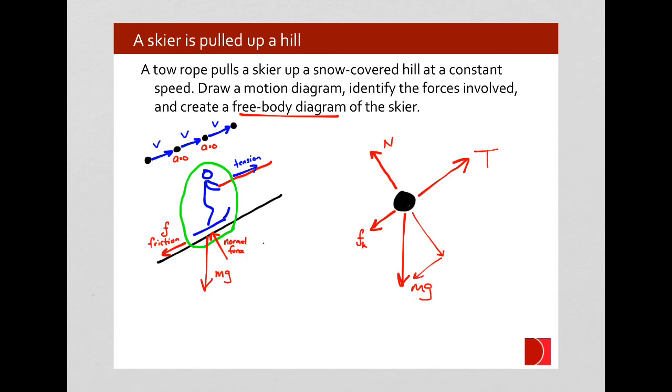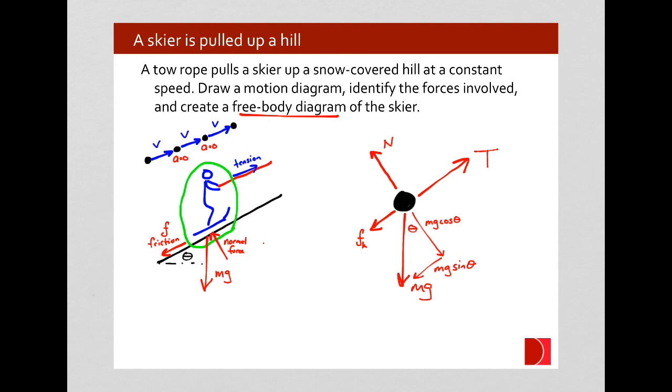And you can consider a component of the gravity that is perpendicular to the surface and a component of gravity that is parallel to the surface. In either case, this angle theta that you see here is coming from the angle of the